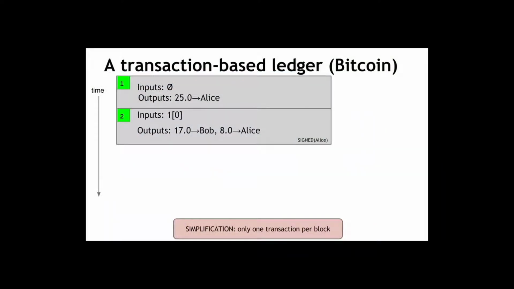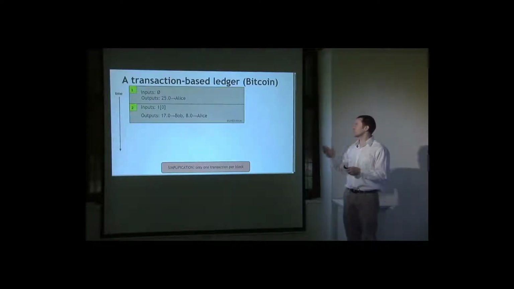Now, let's say that Alice wants to send some of those coins over to Bob. Well, now she has to explicitly refer to the previous transaction where these coins are coming from. So the input to this transaction will be output index 0 from transaction 1, which we can see from the very previous transaction in the log was a transaction that assigned 25 bitcoins to Alice. And now there are two outputs of this transaction. One of them is 17 coins to Bob, and one of them is 8 coins to Alice. And of course, this whole thing is signed by Alice